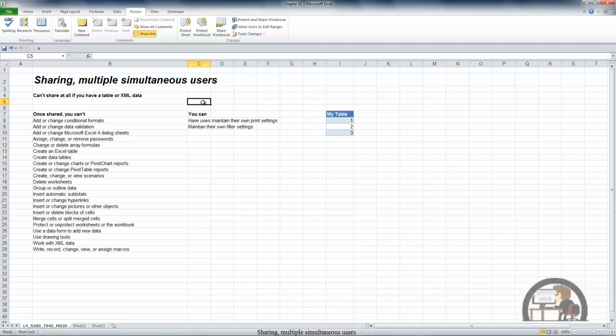Like add or change conditional formats, data validations, add or change Excel 4 dialog sheets, assign, change, or remove passwords, change or delete array formulas, create an Excel table, create a data table, create or change charts or pivot reports, create or change pivot table reports, create or change or view scenarios, delete worksheets, group or outline the data,